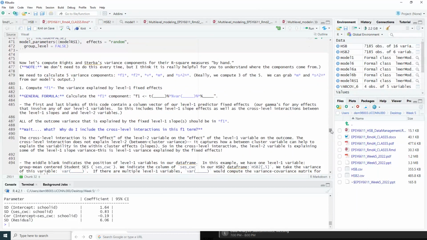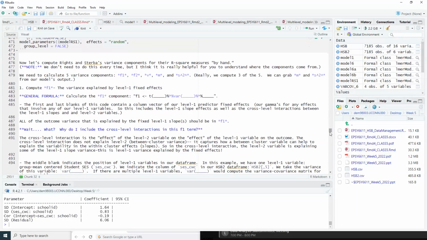So the first and last blanks are just your gamma, they're just your fixed effects at level 1. So it's going to be the effect of SES on math achievement at level 1. And in here, we're just going to compute the variance of the level 1 variable, SES. So again, if that doesn't make a lot of sense to you, don't worry too much about it. Just trust me that this will give you the F1 component. So F1 is just, again, fixed effects estimate times the variance of the variable times the fixed effects estimate. And when I do that,